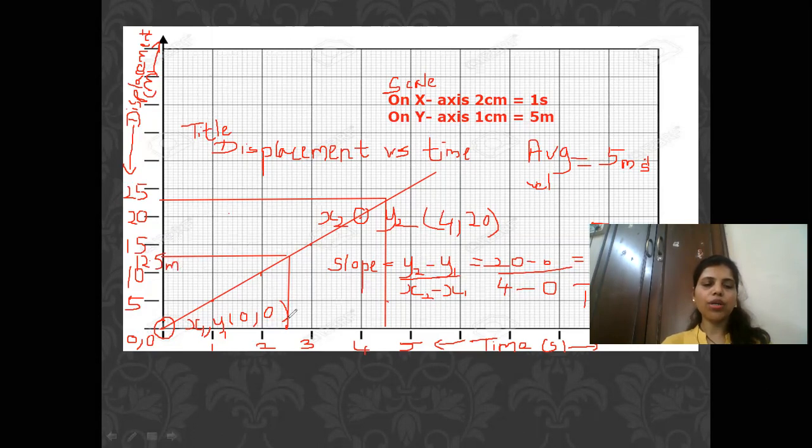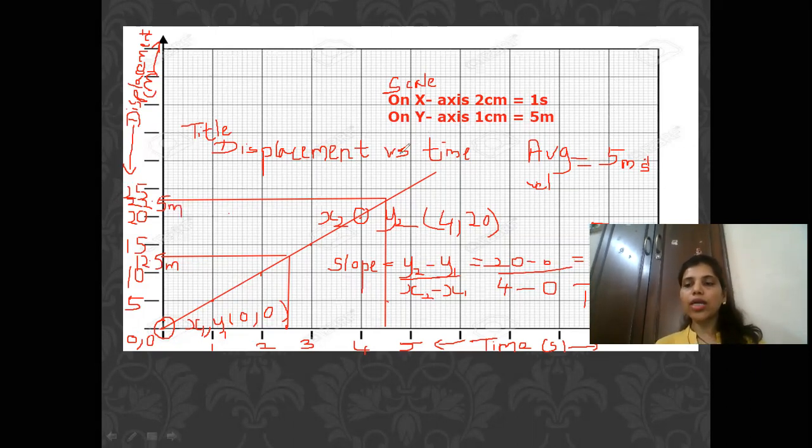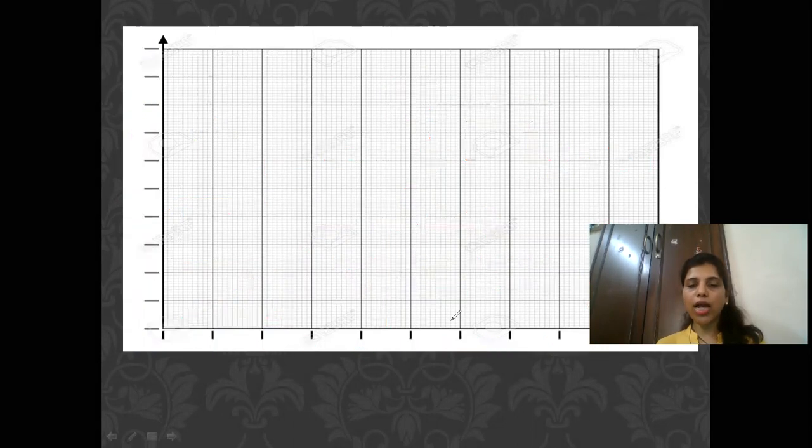and at 4.5 seconds it is going to be 22.5. So please write this 22.5 meter. So I hope, children, till here it's clear whatever we have done. So that is how you're going to write down the answer. Okay, now we go to the next graph, because whatever was asked we have finished finding it. Now we go to the next graph.